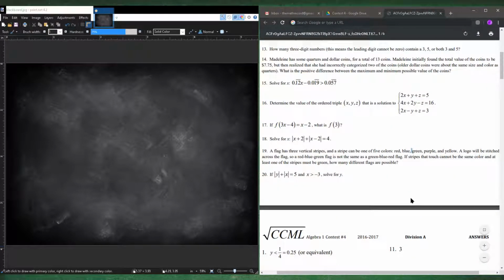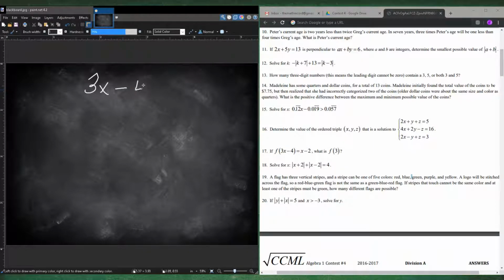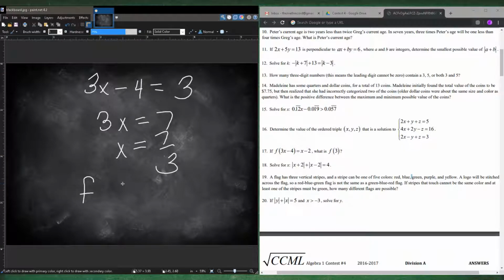Question 17. If f of 3x minus 4 is equal to x minus 2, find f of 3. So you want to somehow get 3x minus 4 equal to 3. So 3x is equal to 7, so x is 7 over 3. So when f is put in 7 over 3, that puts 3x minus 4, so f of 3 would equal